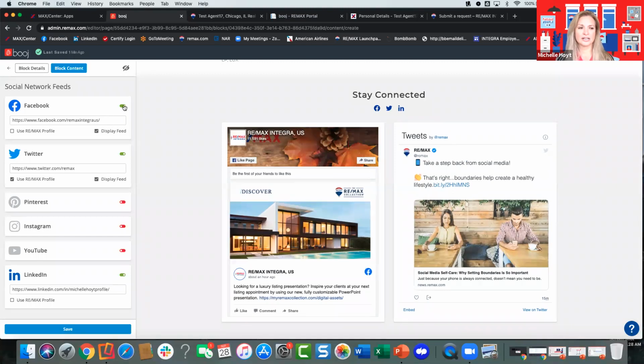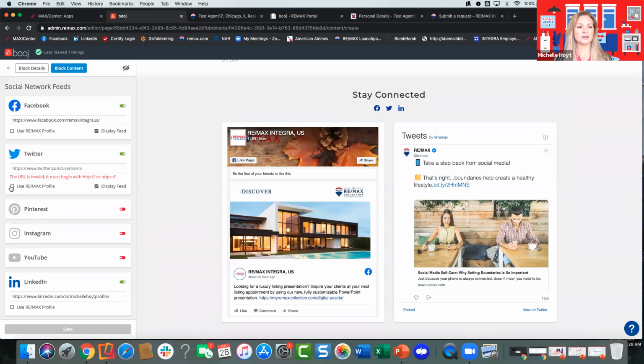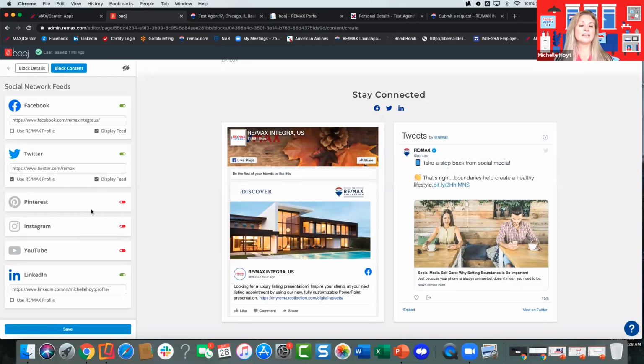This is turned on. This green toggle always means on and visible, and display feed. Twitter is always going to be the Remax unless you have it going directly to yours. You just change it out by unchecking it and then entering your own. And then it probably isn't a bad idea to show that Remax is extremely social, and we have a lot